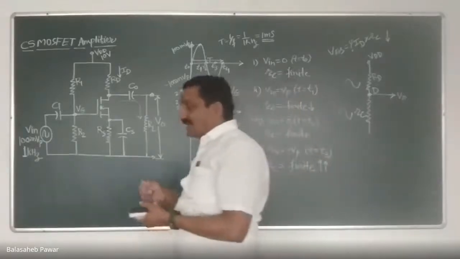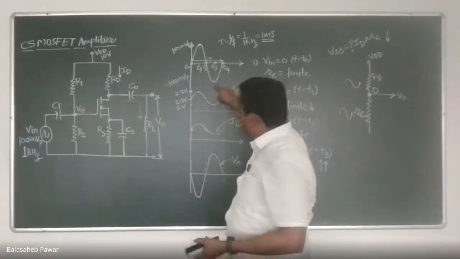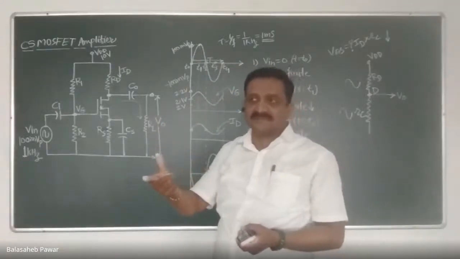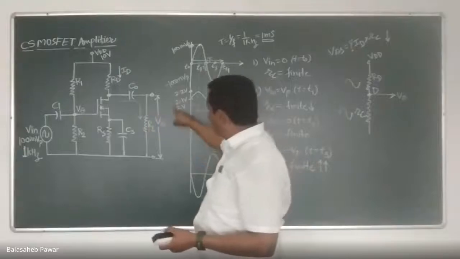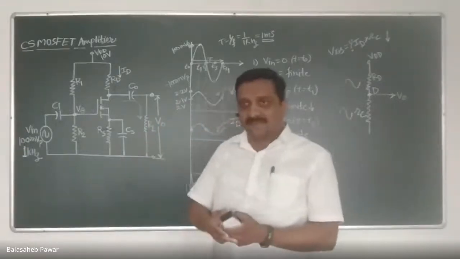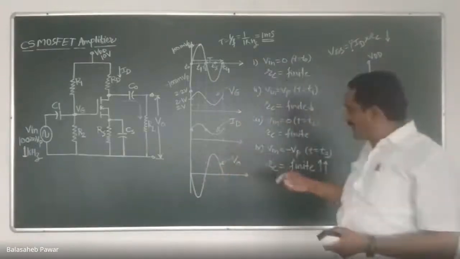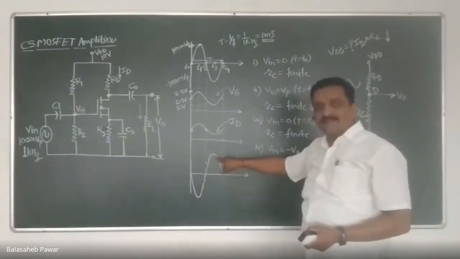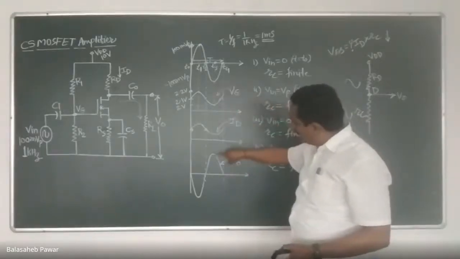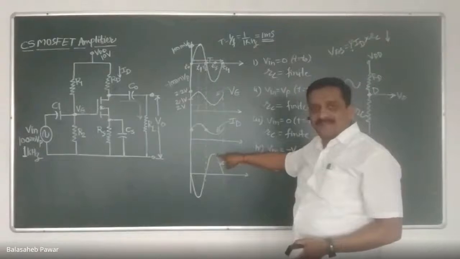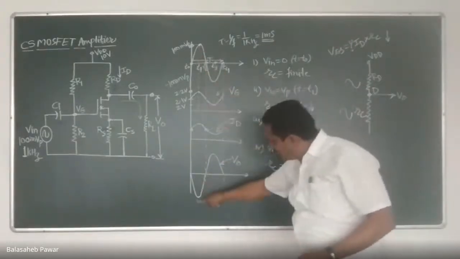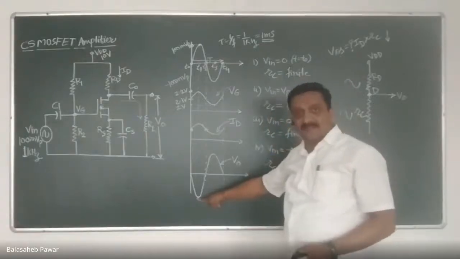Right? Whenever the input signal goes to negative peak, the resistance offered by that channel is maximum, because VG becomes minimum, that is 2 volts only. And as the resistance of that RC becomes maximum, the drop across it also becomes maximum. So see, whenever at T3 the input goes to negative peak, the obtained output voltage is maximum. Whenever the input voltage is at positive peak, the obtained output voltage is at negative peak or minimum, right?